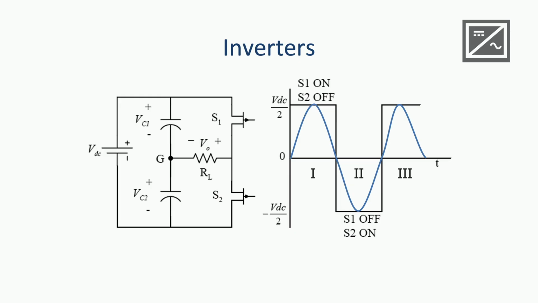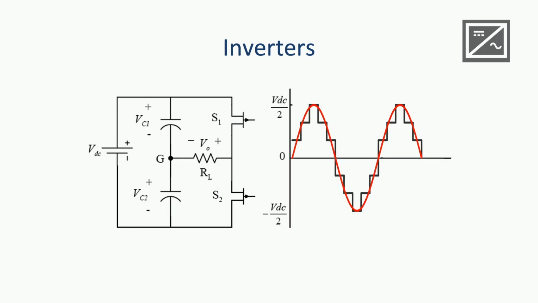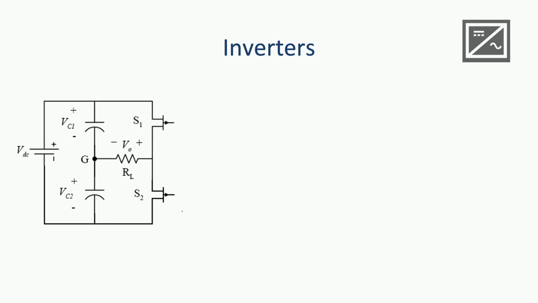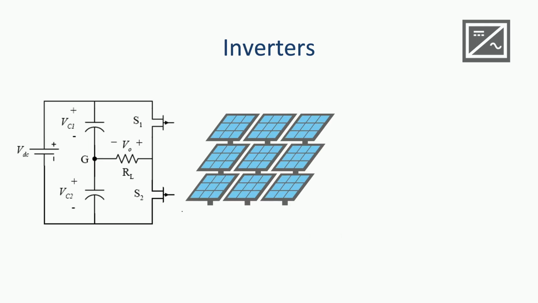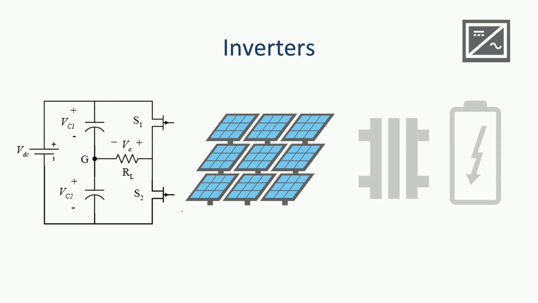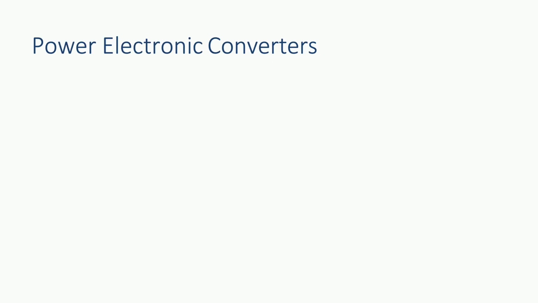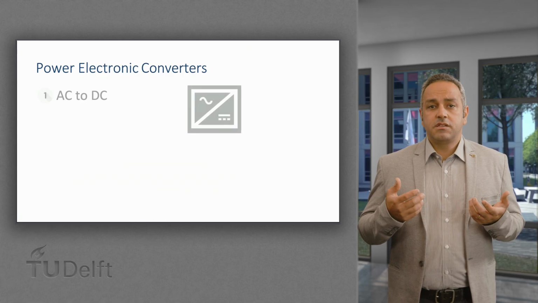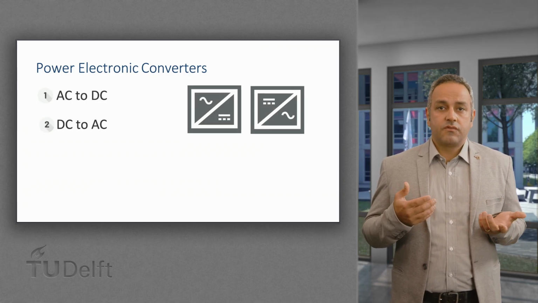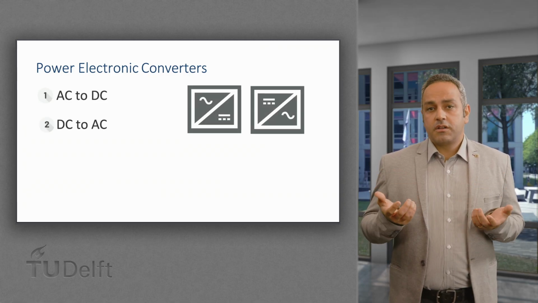Inverters are necessary when we want to connect a DC generation unit, such as a photovoltaic panel, to the AC distribution network. Without these power converters, the connection to the grid wouldn't be possible. Other distributed generation units that require an inverter for their connection are fuel cells and batteries, among others. The role of power electronic converters is not limited to aiding these AC to DC or DC to AC conversions, but it is broader than that.